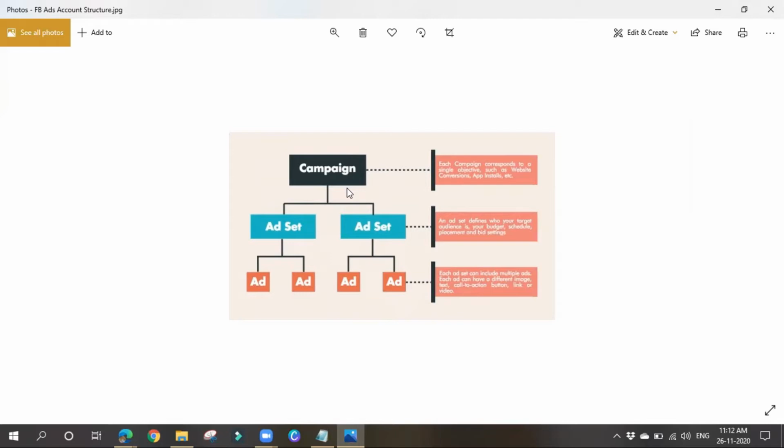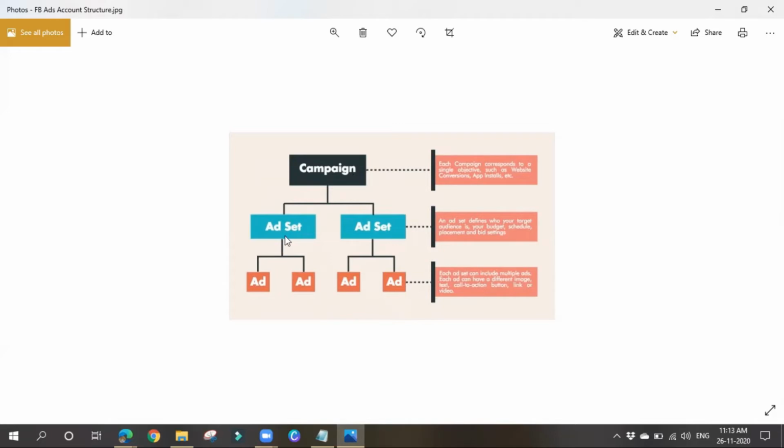Okay, so first, in order to run ads, we must have a Facebook business page, and also we must have an ads manager account. I'll show you how to go to the ads manager account and all. After we have an ads manager account, these three levels come. First, in the campaign level, we have to choose a specific objective. Objective means our motive, whether we want clicks, whether we want website visits from people, or whether we want impressions. Like such, you have to choose a specific objective in the campaign level.